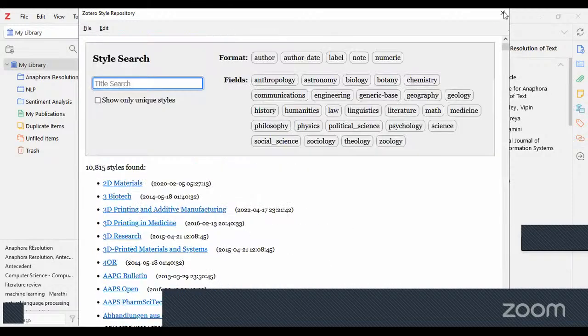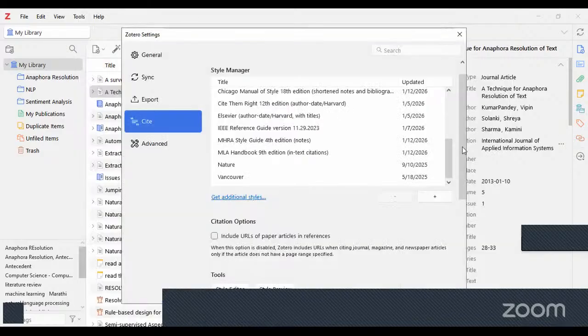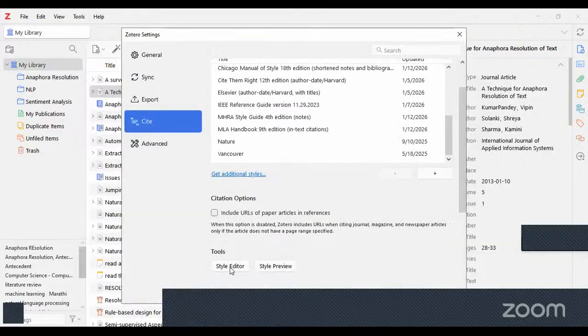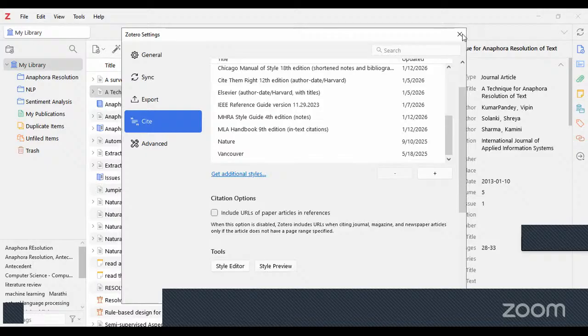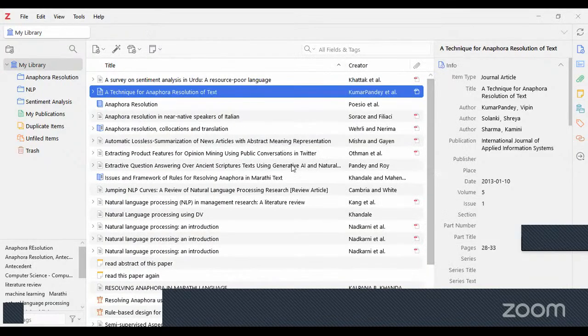Then you can also create your own reference style using this style editor, and you can put the code over here according to your reference style. So this is all about the Zotero software and how to use Zotero with MS Word. I hope it is useful to you, and that's all from my side. Any questions you can ask.